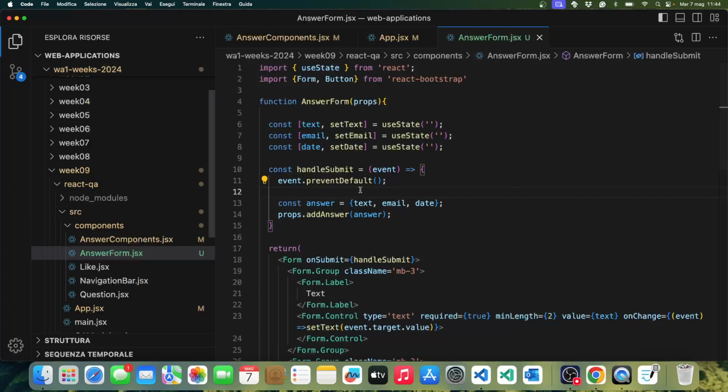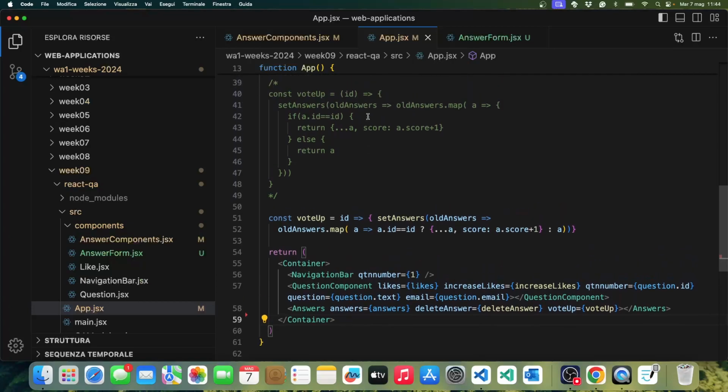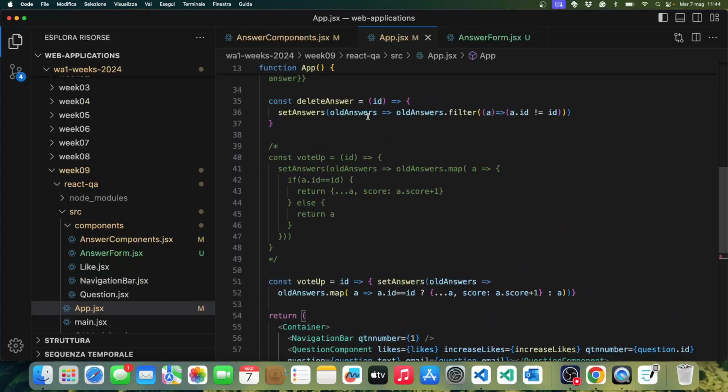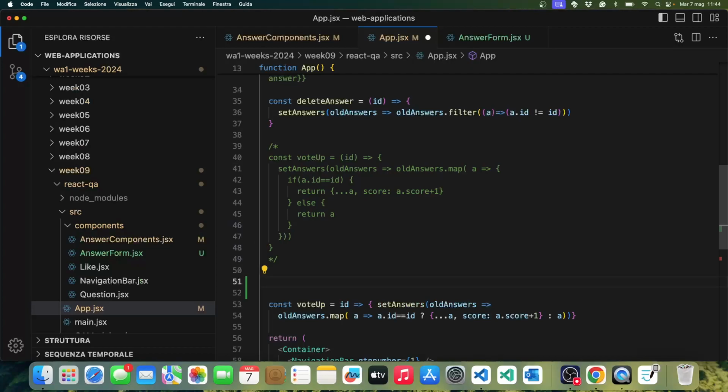Now, what do we have to do to make this work? Of course, implement this add answer function, no? Because until now it is nothing. Where do we implement it? Here, because as I was explaining before, this one is the one that owns the information and has all the answers information. So